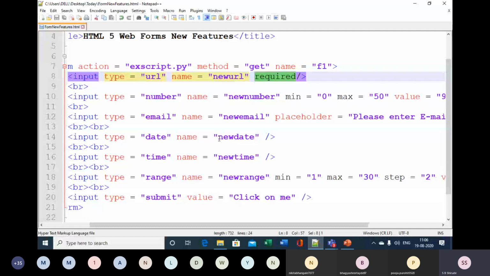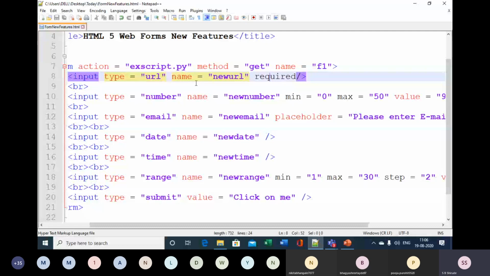In HTML4, this job we have to do by writing a JavaScript. We have to call a JavaScript here. And in that JavaScript, that script is taking care of whether this field has been filled by the user or not. If the user has not filled it, then that JavaScript raises the error that since this is a compulsory field, you cannot go further.